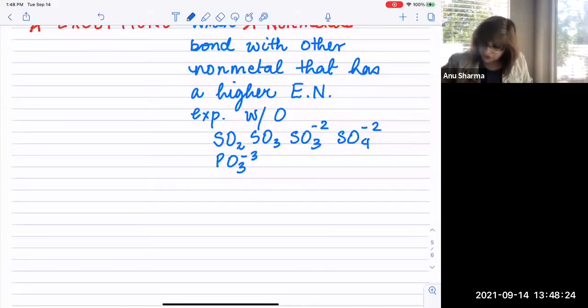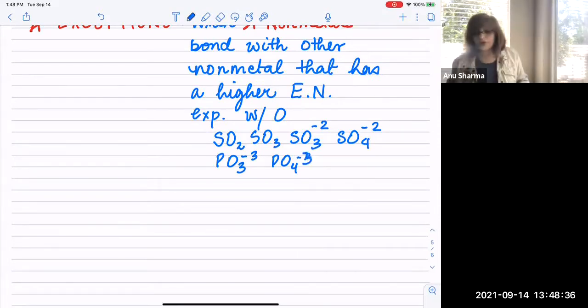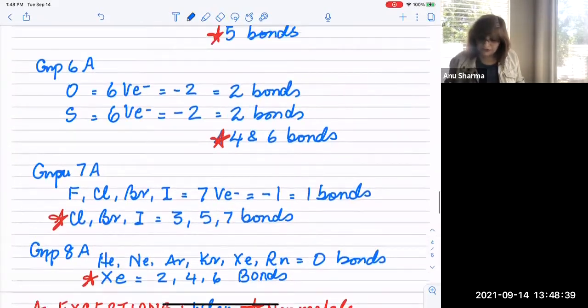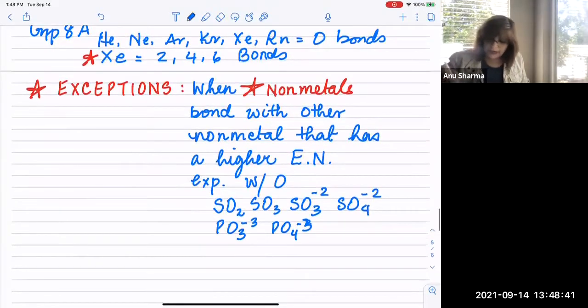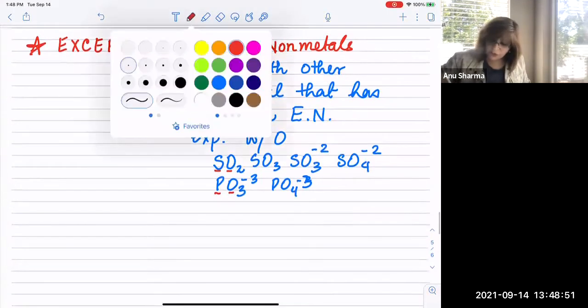Okay. And then comes phosphate, PO4 with negative charges, right? That's phosphate. This explains why these elements make more than one type of bond when they're bonded with oxygen. If you look at it here, sulfur is bonded to oxygen, and oxygen is more electronegative than sulfur. Phosphorus is bonded to oxygen, which is more electronegative. Similarly, you also have